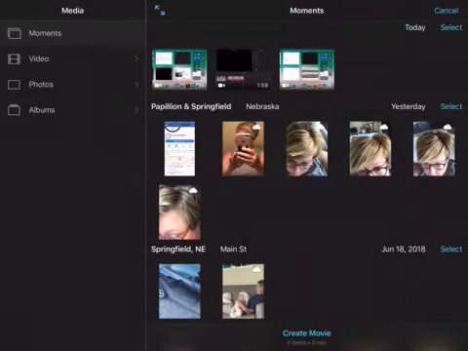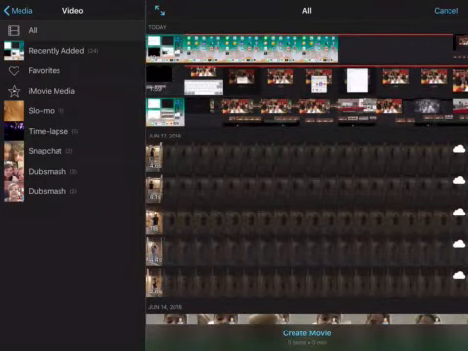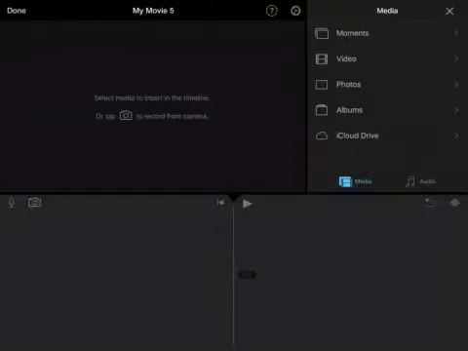When you get here, you can click the videos or the screenshots or the pictures that you want, and it will create the movie. But I'm going to go ahead and just click Create Movie, and that brings up my timeline. I like to add each thing individually so I can work with it. Okay? To start, I'm going to show you how you can just take a bunch of photos and make them